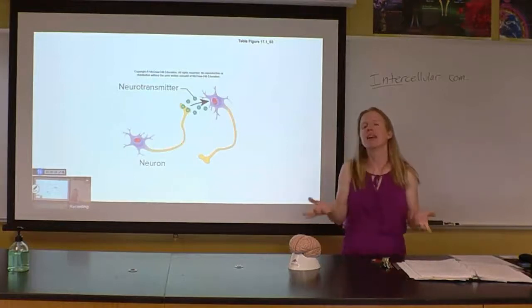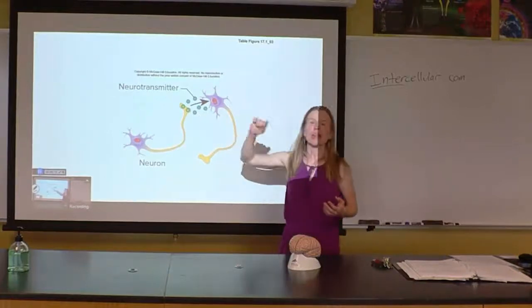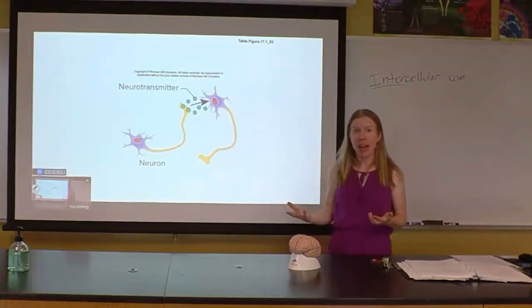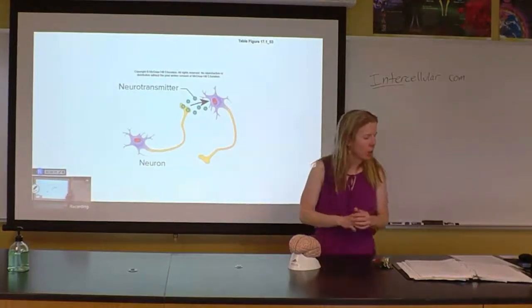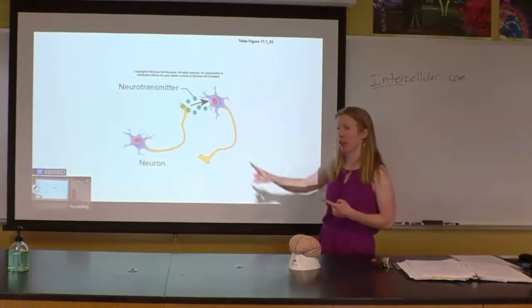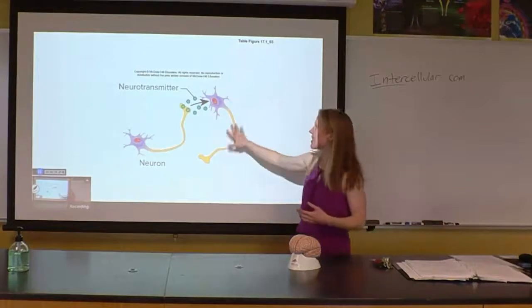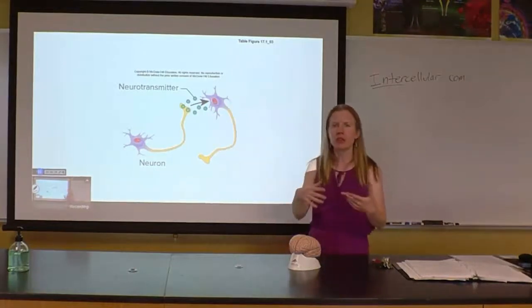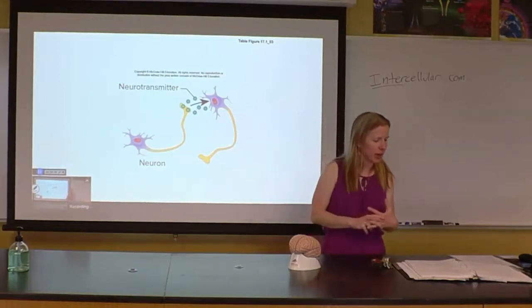Synaptic communication. This is what we saw with the nervous system, right? So we have one neuron releasing a neurotransmitter, a chemical, across a little gap, a synapse, and it's communicating with a neighboring cell. It's very specific, right? It's always influencing what we would call this postsynaptic cell. It doesn't have to be a neuron, it could be a gland or a muscle cell, anything like that. But it's extremely specific into what cell it's communicating with.